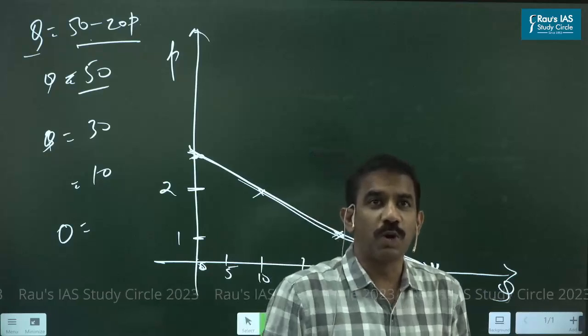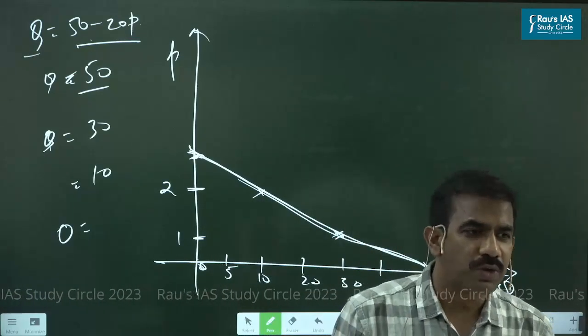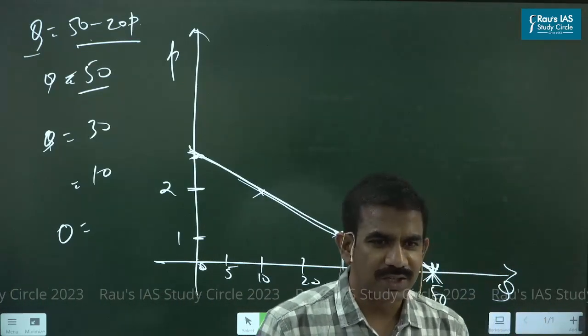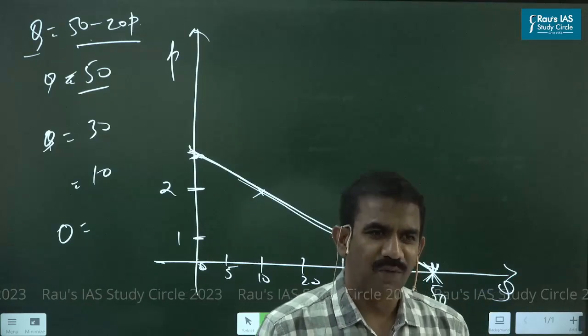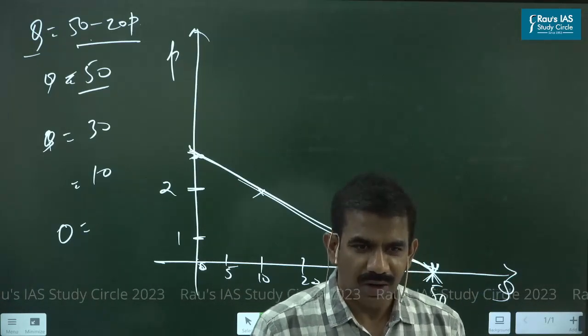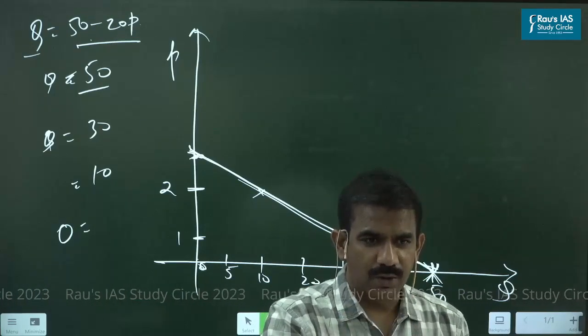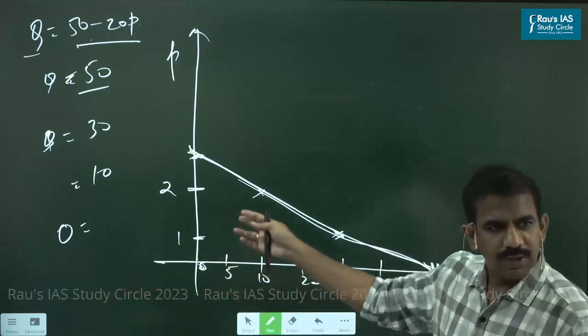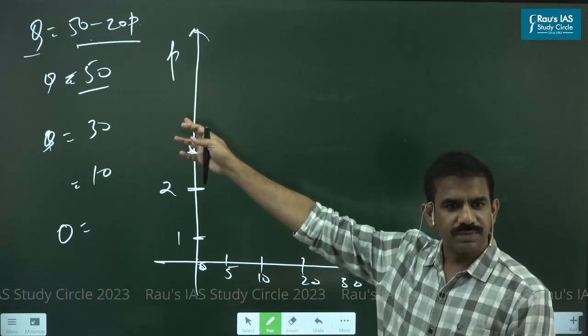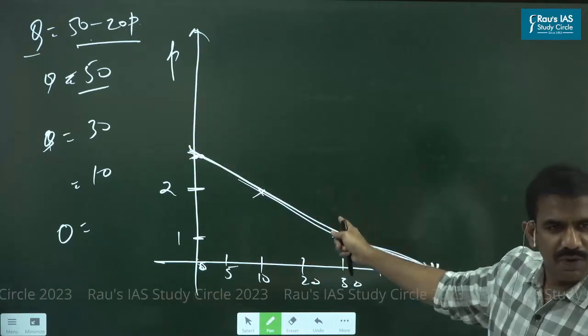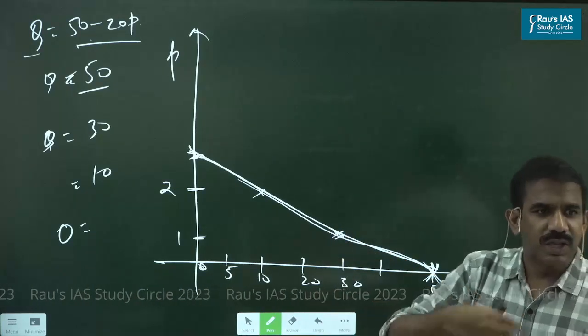So when it is 2.5 rupees per pizza, you don't want any, because you think 2.5 rupees for a pizza is too much to pay. Got it? So the common logic that I could simply speak in the class, I could express in the form of a mathematical equation. I could express the same in the form of a graph. And we could say the same thing in simple language.